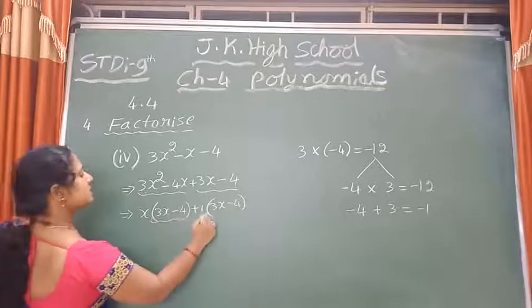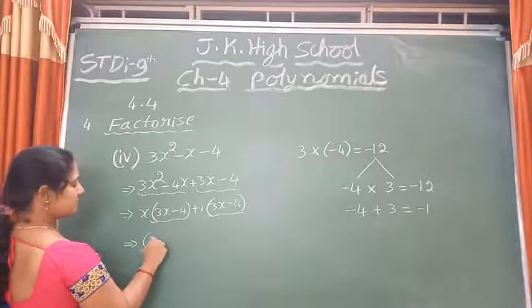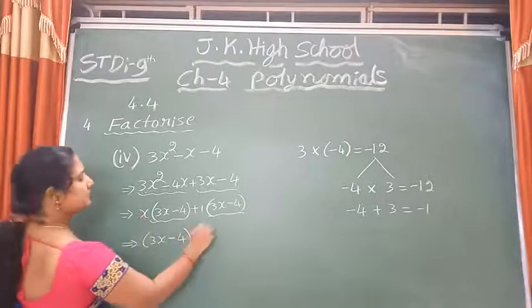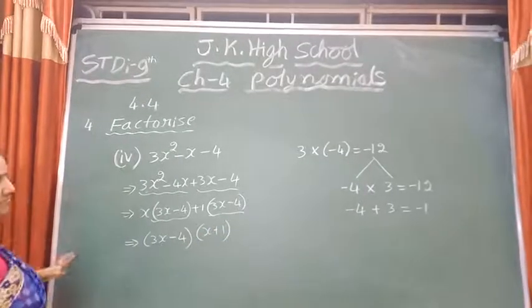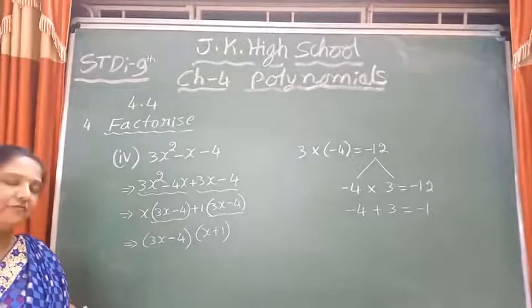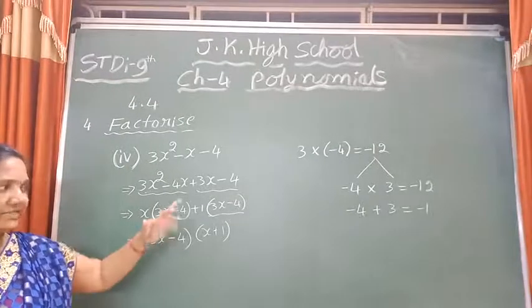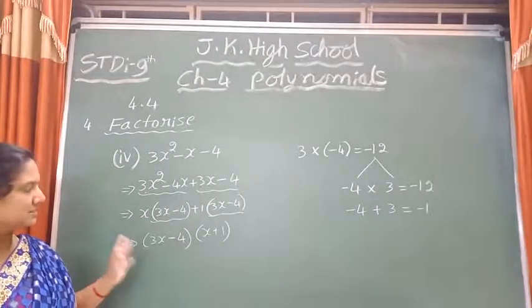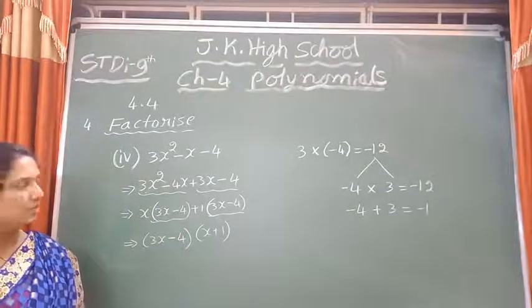Here also 3x minus 4, here also 3x minus 4, the common factor you take out as a common. 3x minus 4 is common now. The remaining factor is x plus 1, children. The method is the same, but if the numbers and signs change, the method you have to follow is the same. Children, when the sign changes, be careful about the sign, and see the sign and substitute and simplify. These two are the factors of this expression, children. Okay, write down.